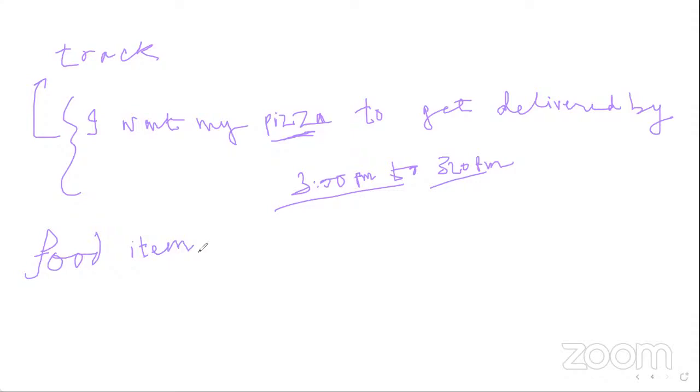So food item is my first intent. The second intent could be name, any sort of name if the user is mentioning it. So we need to determine that. We also need to determine date and time, if the user is mentioning any date or time. So we need to determine these date time formats. 3 p.m. comes under this time entity. 3:20 p.m. comes under this time entity. So we need to determine those things.